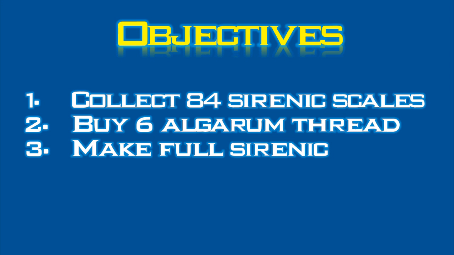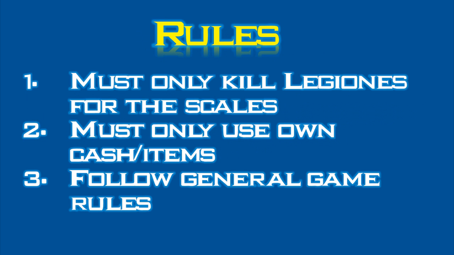The main objective of the series is to obtain all the 84 scales needed to make full Sirenic myself and then make and use it. So yeah, that's pretty much it. Except the rule is that I can only kill legions, level 95 slayer mini bosses from the Monastery of Ascension to obtain these scales. That means that while I do this, I'll gain signets as well, and so the other